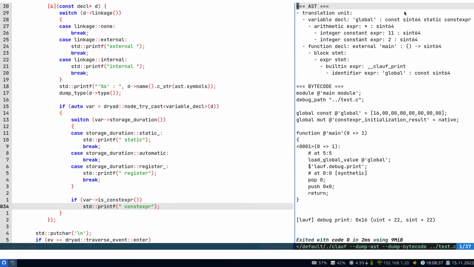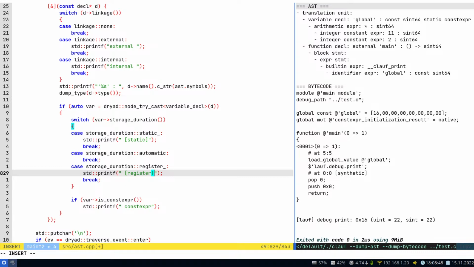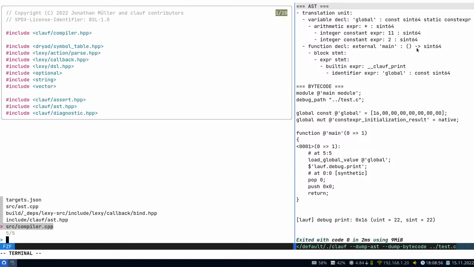So variable global of type const SN64, which is static constexpr. Right? Let's print it like so. So nicely formatted. And then we've got function main, which is external. Okay, so